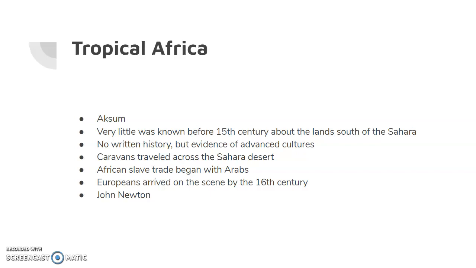The African slave trade actually began with the Arabs, and the African tribes engaged in slave trade long before Europeans became involved in the degrading practice. The Europeans do arrive on the scene, and they do also get involved in the slave trade during the 16th century. One notable person who was involved in the slave trade was John Newton, and he was actually one of